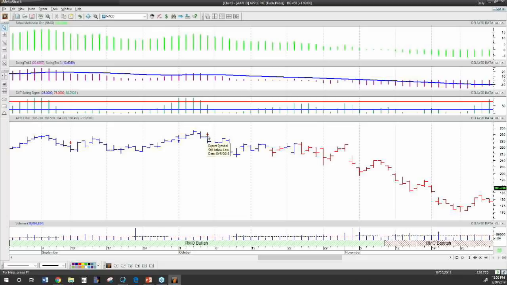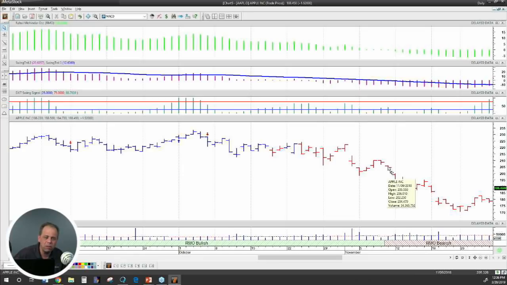So we have the shift of momentum. We have a little bit of a momentum shift short term here. It's not really until November of that same year that we actually start to get a bearish primary trend. Right here on the chart, this is exactly where everything lines up for us.